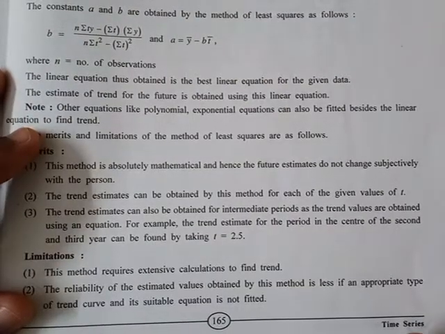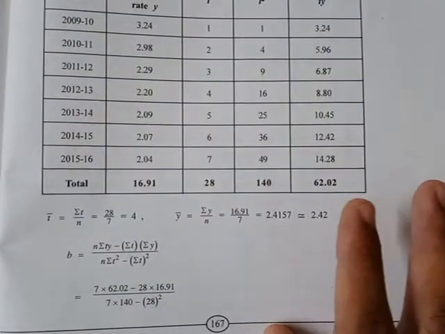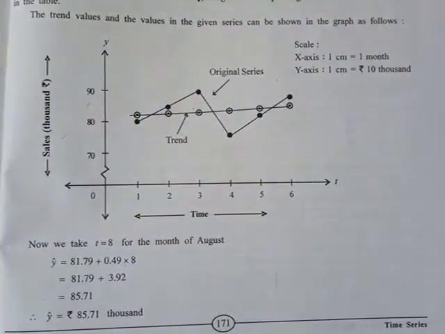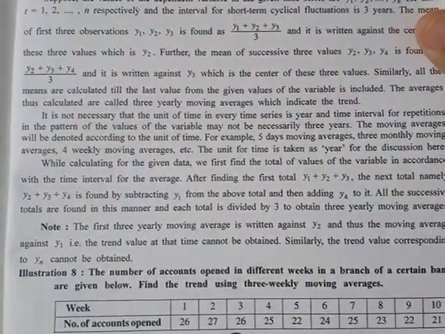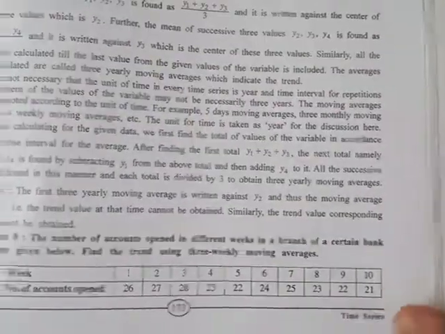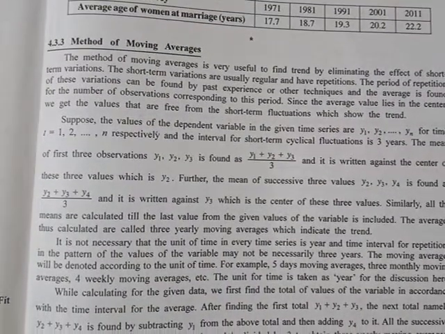So these are the merits and demerits of the linear trend method, or method of least squares. Now we'll move on to the exercise about this least square method, that is exercise 4.2, where we are going to see some questions regarding this method, and afterwards the third method, method of moving average. That also we'll see. That is a very simple one.